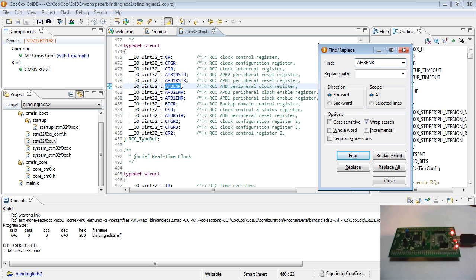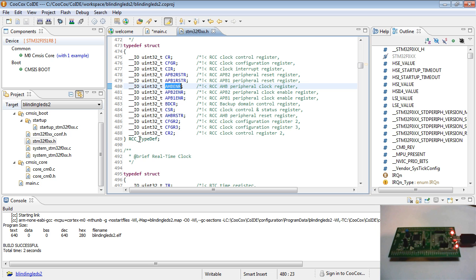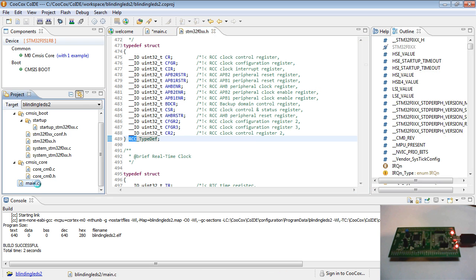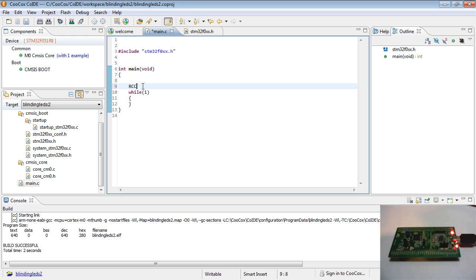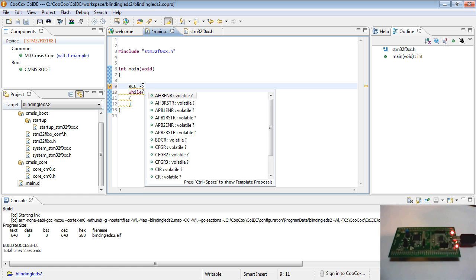So this AHB enable register that I got from the user manual is part of a C structure called RCC. In order to access it, I have to type RCC member, and if I hit Control Space, I can bring up the members of that C structure,